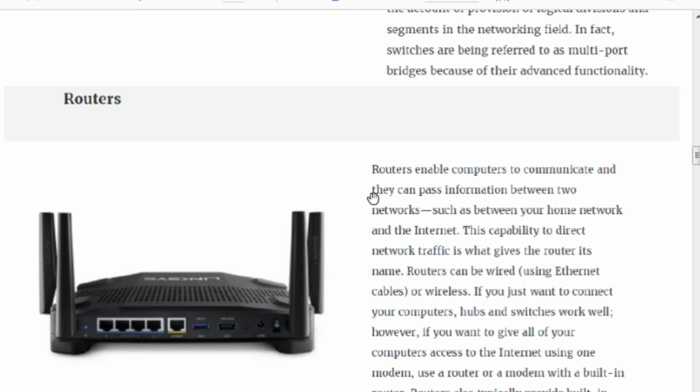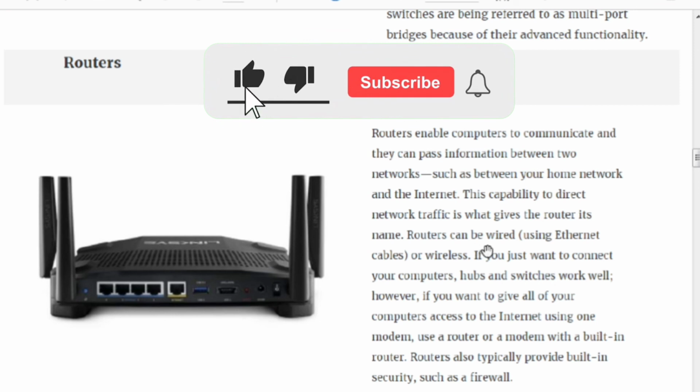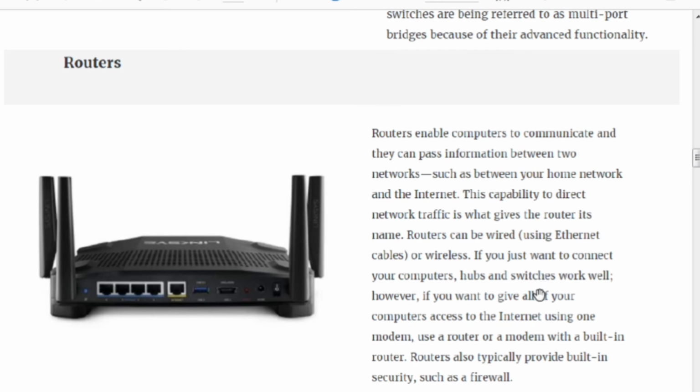Routers enable computers to communicate and they can pass information between two networks, such as between your home network and the internet. This capability to direct network traffic is what gives the router its name. The router can be wired using Ethernet cables or wireless. If you just want to check your computer's hubs and